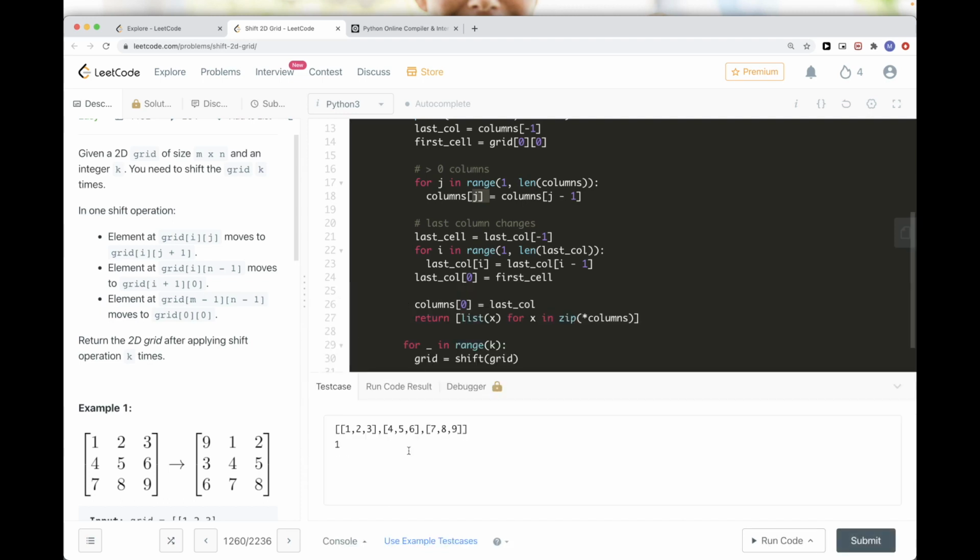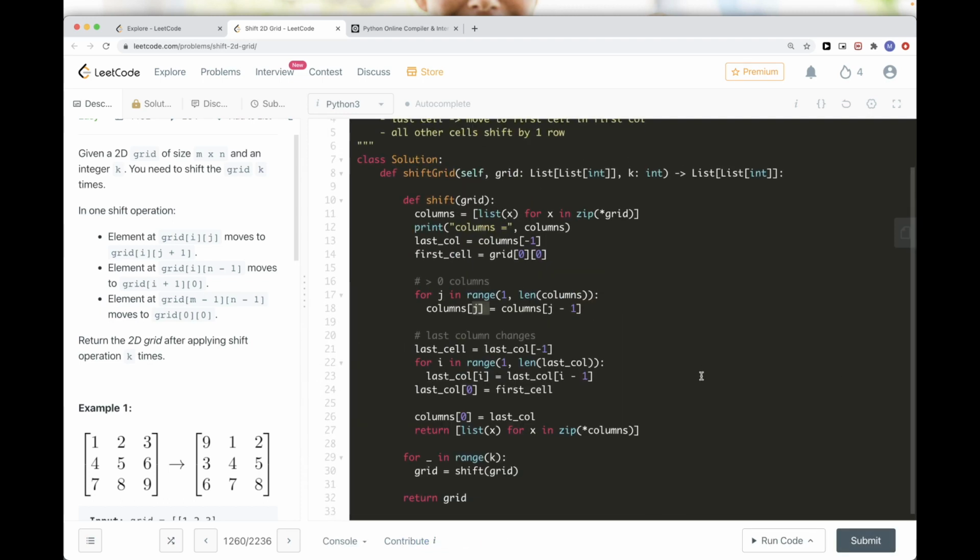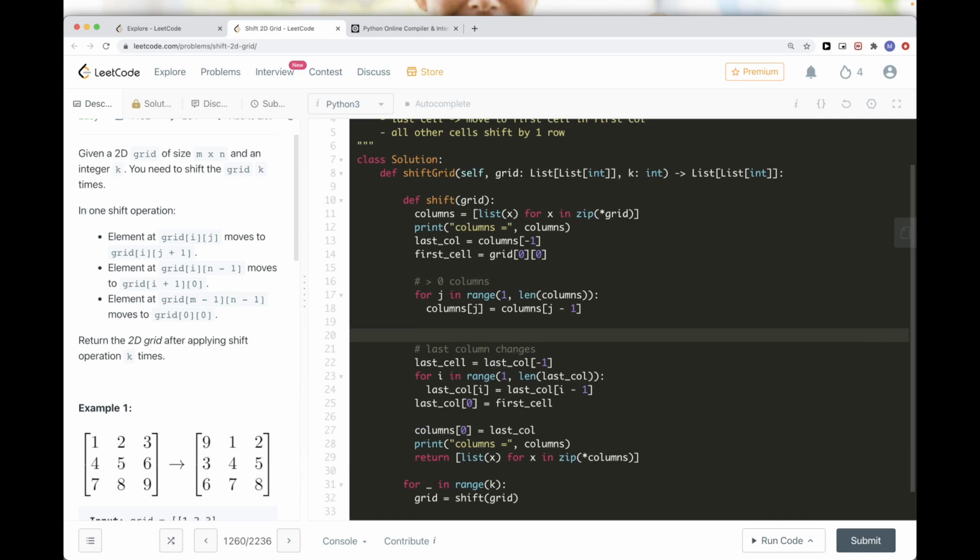Okay, so here we have k equal to 1. Let's try and see where the problem comes up. So here, if we print columns, and here, if we print same thing, so 1, 2, and then